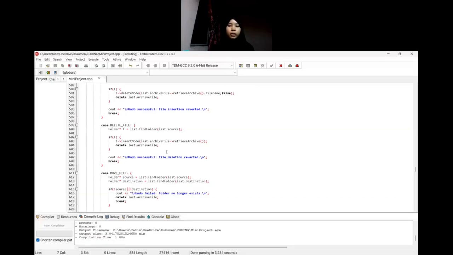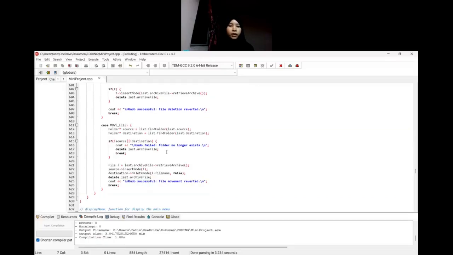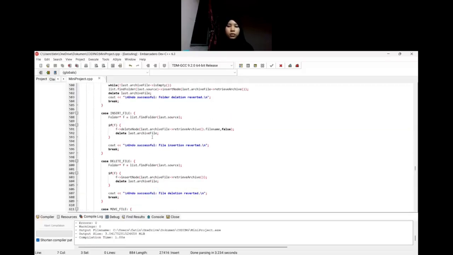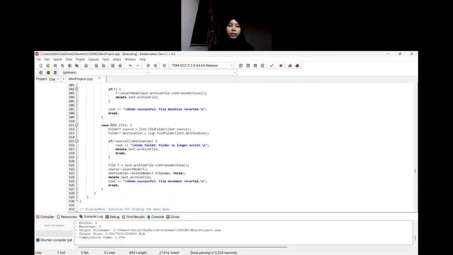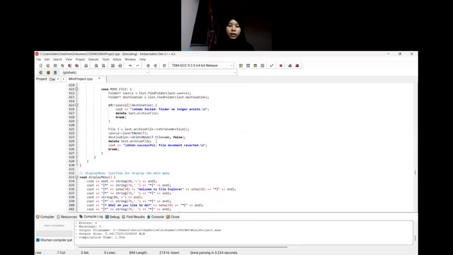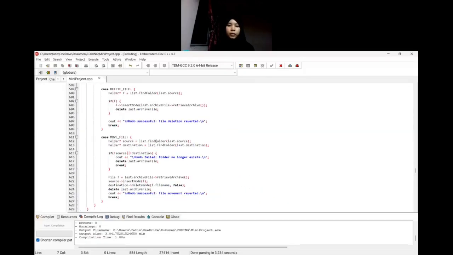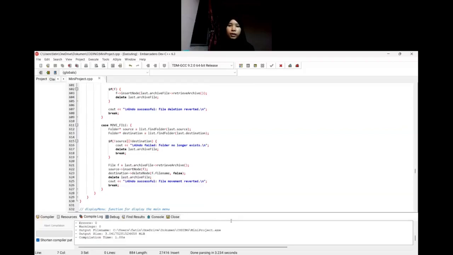So undo for insert file is to remove the inserted file. For delete file, undo restores the deleted file from archive. For move file, the undo function is to move the file back to its original folder. So each undo operation uses the stored action information to reverse the exact change made. I think that's all for my coding. So I will show you